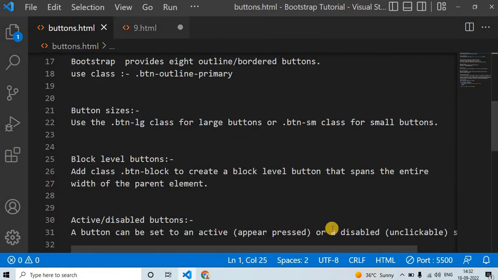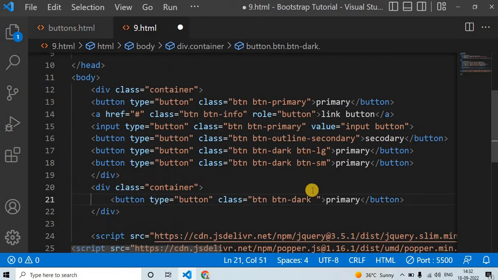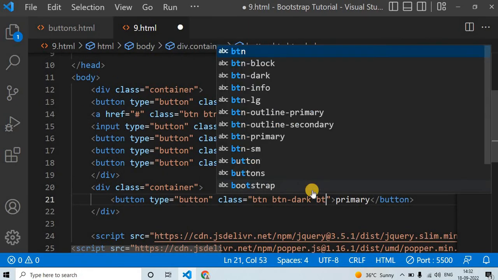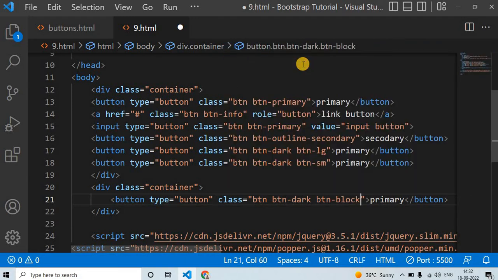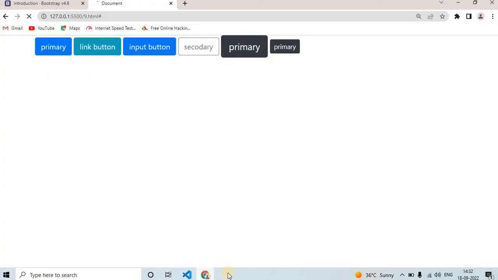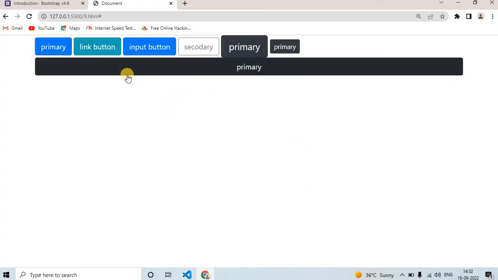Are you remembering that class? btn-block, there is that class, and save that class, and here you can see it covers the entire